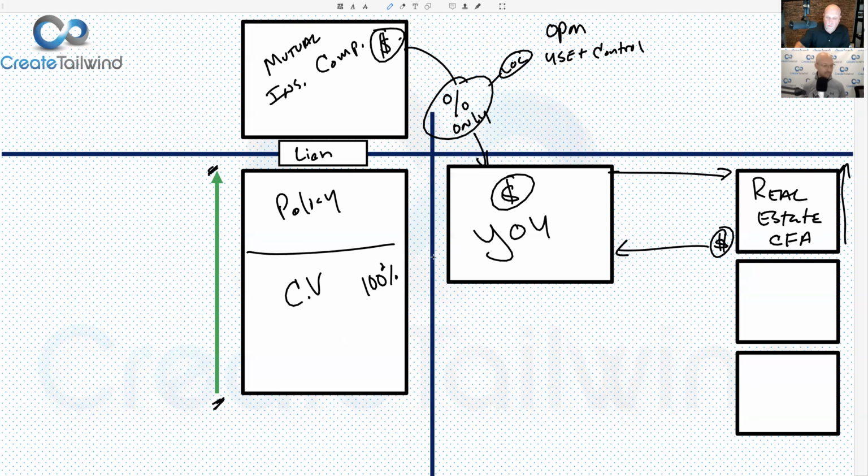Now, you could turn around and put it right back in motion, creating velocity. If you give it back to the insurance company, any principal that you pay, remember, you don't have to pay principal, but every dollar that you pay reduces your lien, increasing your net cash value. Nice. Now, when you pay the bank your mortgage payment, they loan it out again as fast as they can. So now Nick is going to do